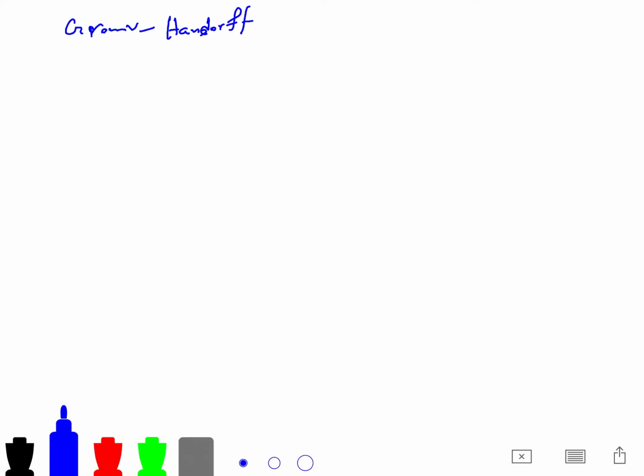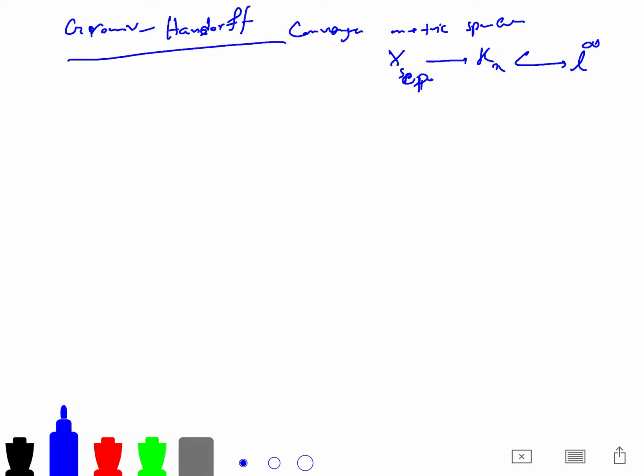Gromov-Hausdorff convergence of metric spaces is like this. For example, X is separable. We have an inclusion into L infinity. And a theorem of Hausdorff-Gromov says that